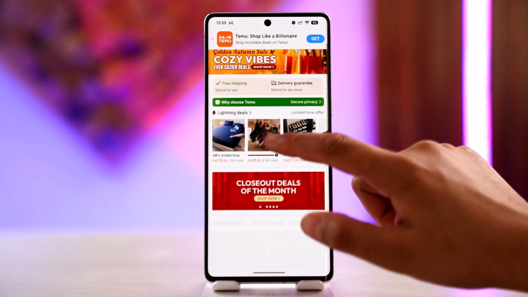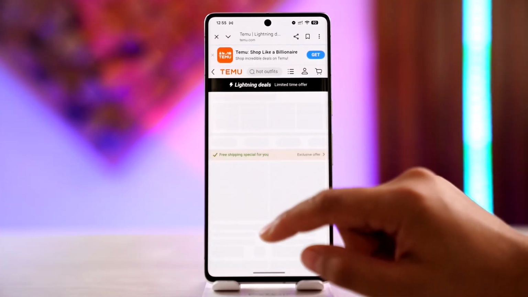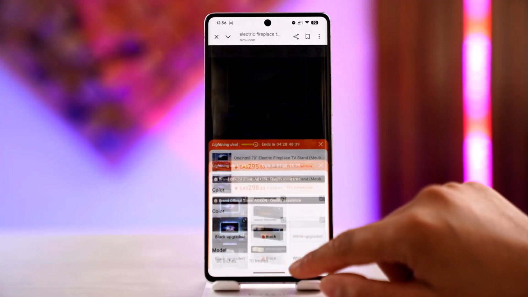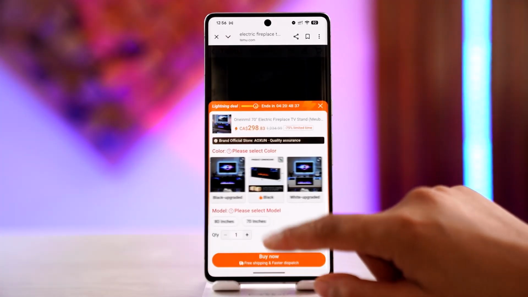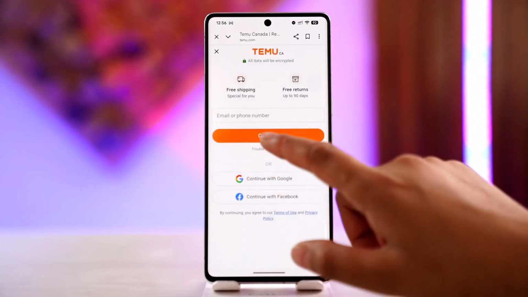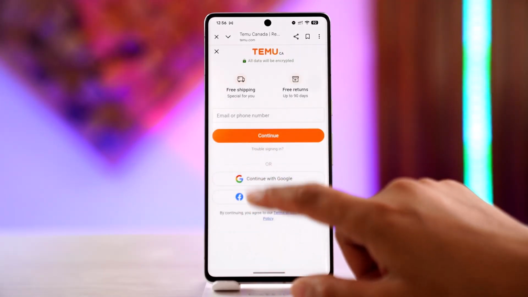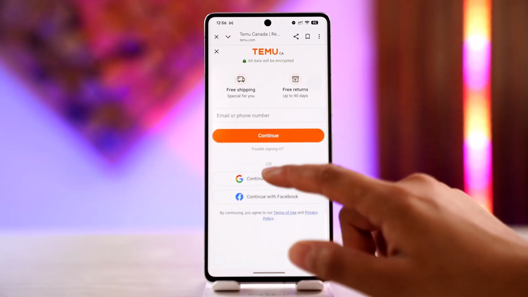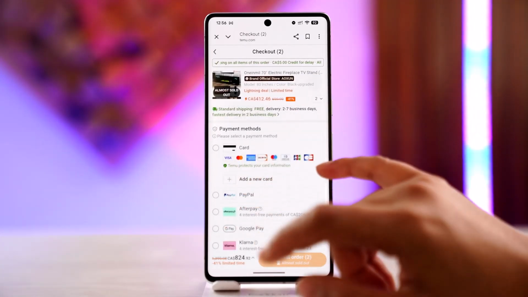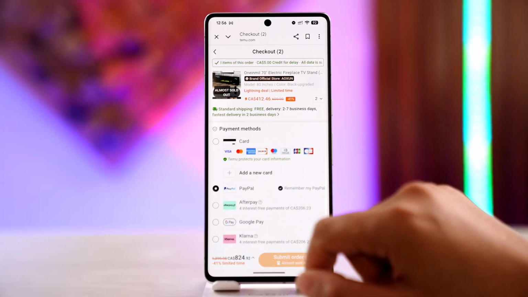So now let's see, this is the product that I want to buy. So now I'm going to click on the buy now. Once again, click on the buy now button. And I have to verify, or I need to log into my Temu account as well. And then you could see here, if you have this PayPal option right over here, you want to select that